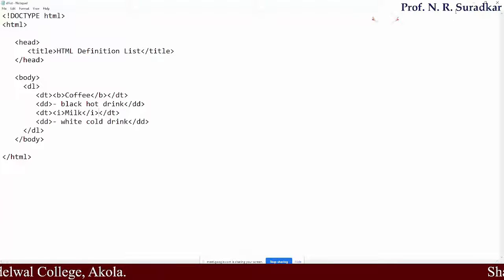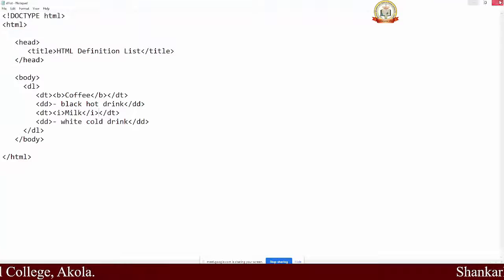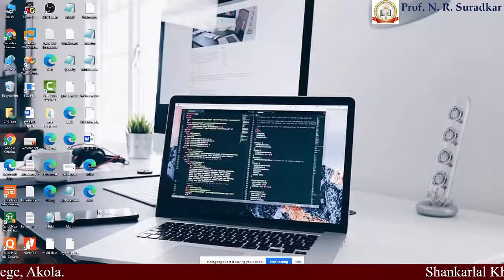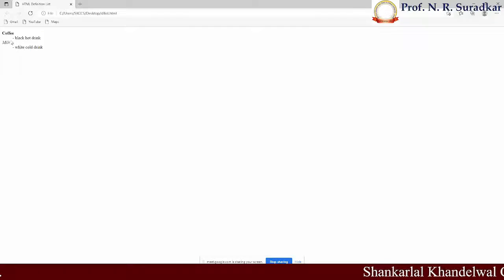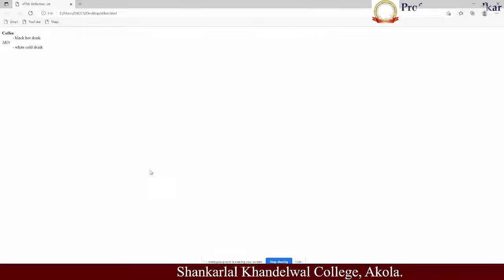After clicking the save option or Control S, I minimize it, go to the web page, DL list, and it will show the text we applied. This is up to your logical thinking, how you think and how you want to present. It totally depends on you.